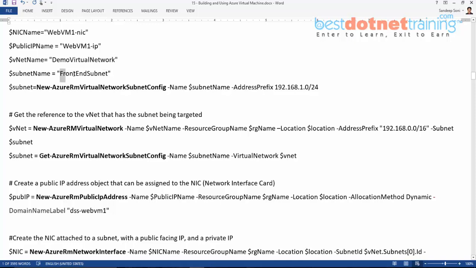The subnet, front end subnet. Here I am demonstrating only with one subnet, but if needed we can always have two subnets created for a virtual network. So here the first command is to create a subnet, New-AzVirtualNetworkSubnetConfig. Once we create a subnet config, when we create a virtual network, that is where a subnet will